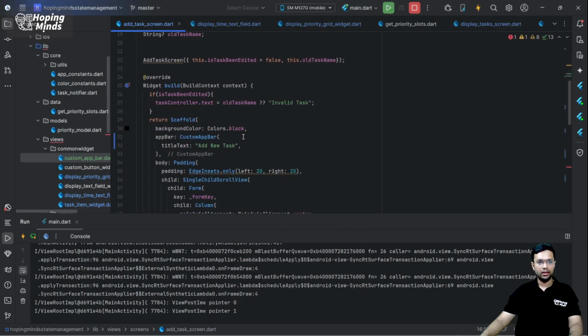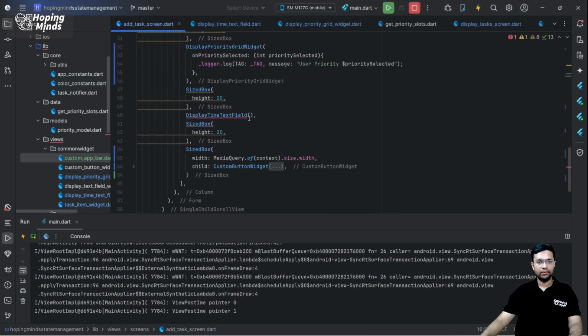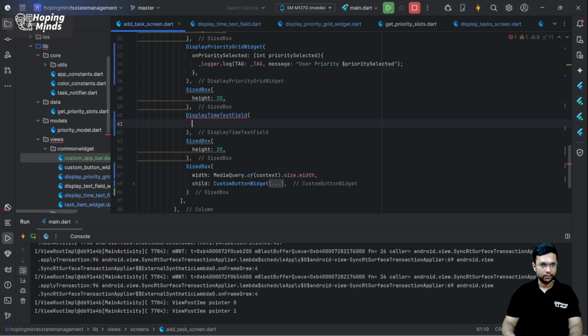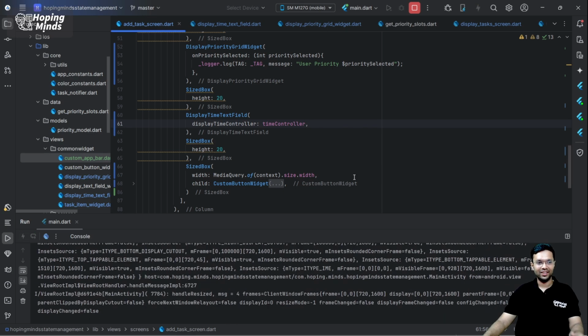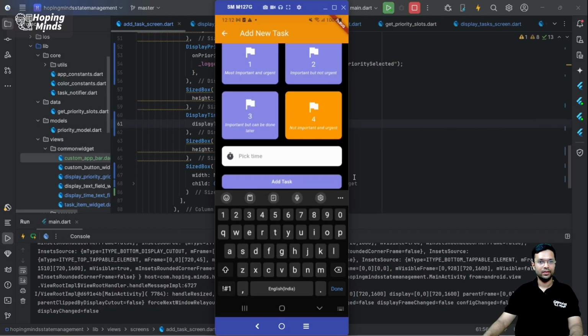So let's say now, since I have added it as a constructor variable, over here I'll pass this controller. Well, what is the benefit? The benefit is now if I do a hot restart, my mistake, if I do a hot reload